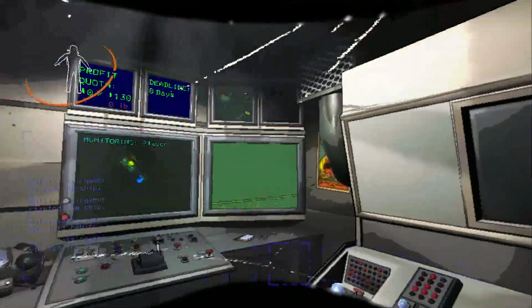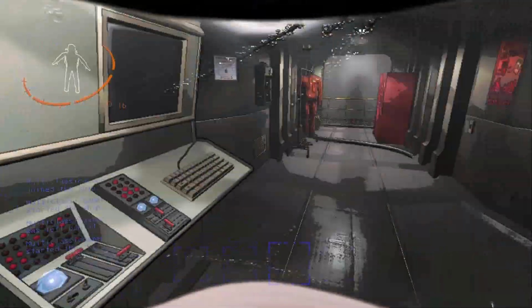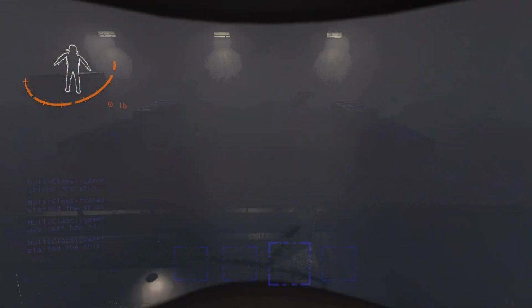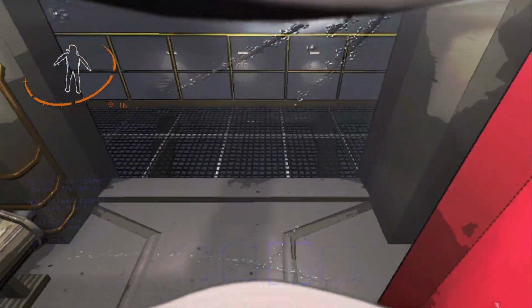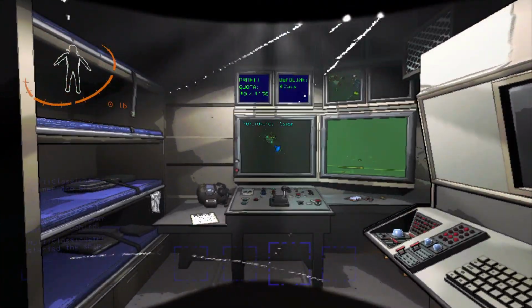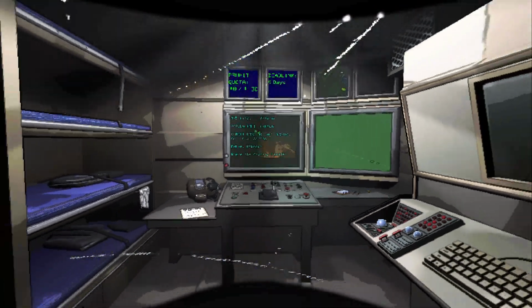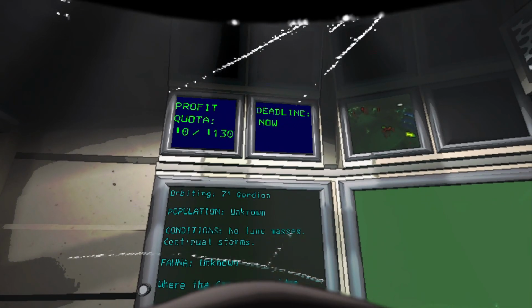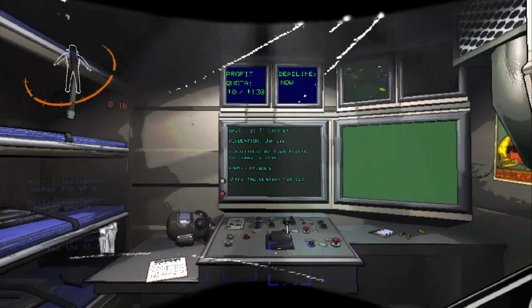So, what happens if you... Wait, what was that? Why was it showing 2 triangles there? Okay, anyways, this is what happens if you do not meet the profit quota after the rotation passes. The deadline changes to now, and then...